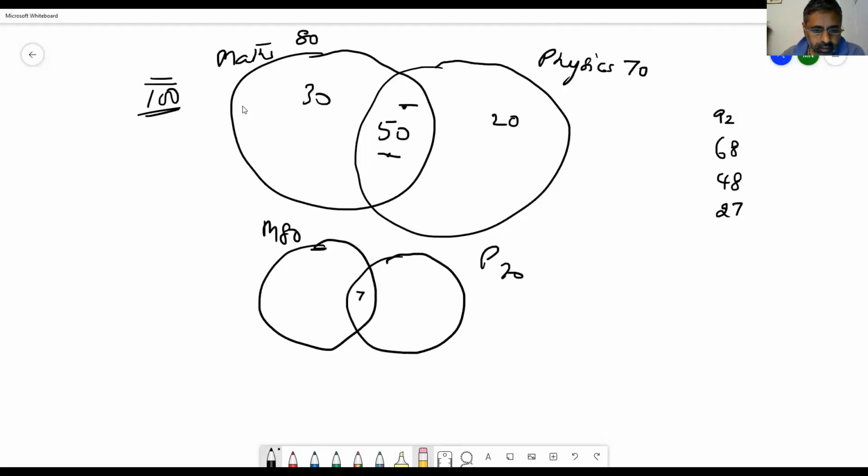It is 70, isn't it? I can have all these people coming here. That means this becomes 0. This becomes 10. How many people will go out? 20 people will go out. Is that okay? So the maximum number of people who can be there is 70.